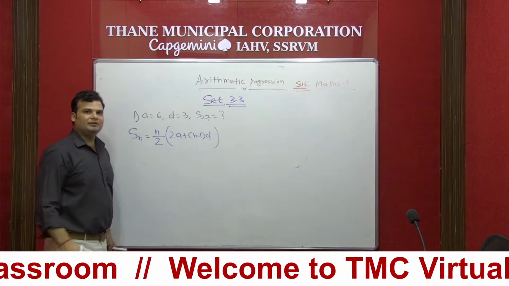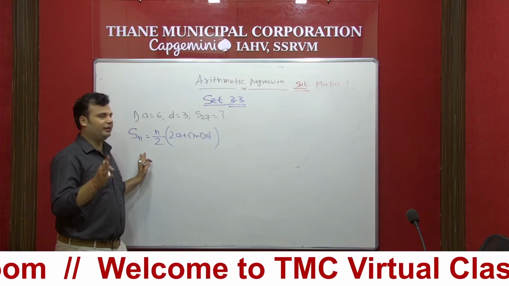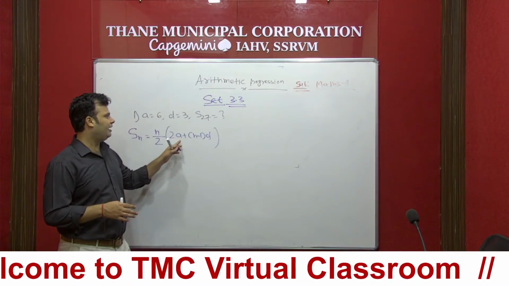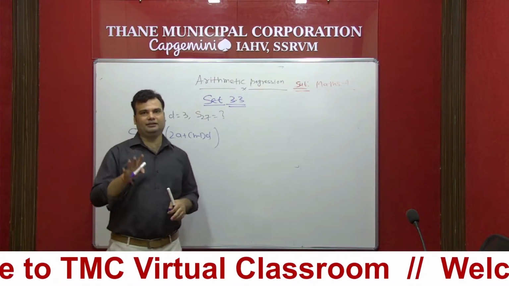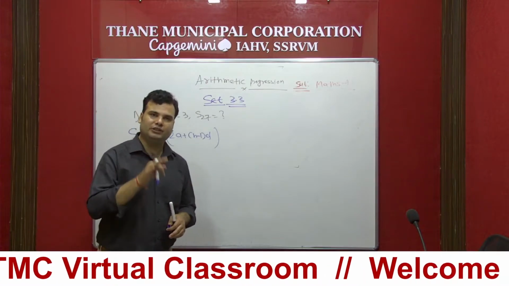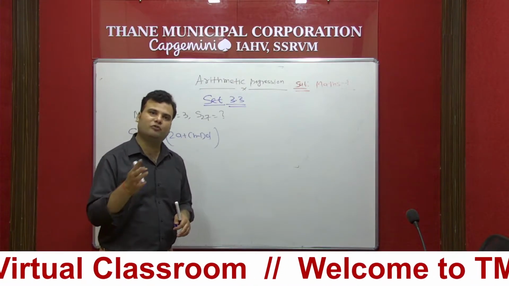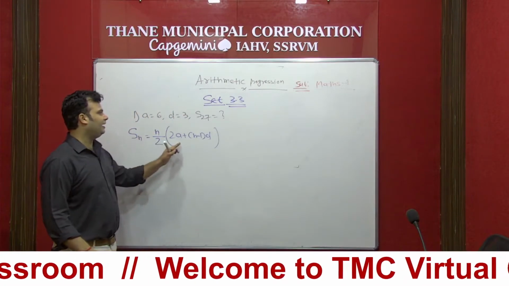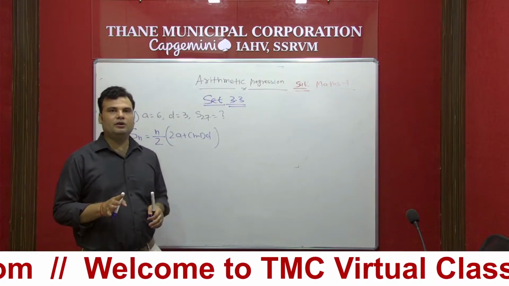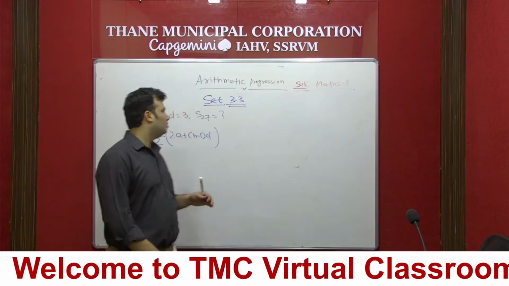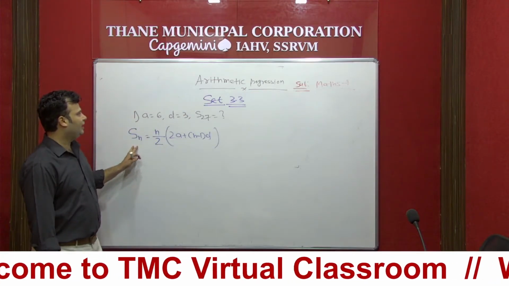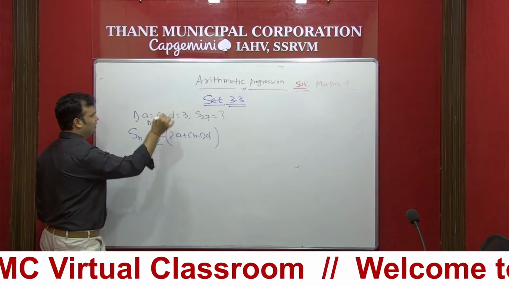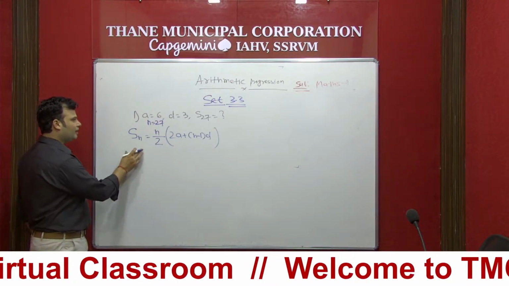So जब भी ये फॉर्मूला आपको दिया रहेगा, remember that there are 4 things. One is Sn, second is n, third is a and last one is d. There are 4 quantities. Always 3 quantities आपको दिया रहेगा, उसमें से 1 unknown रहेगा, आपको फाइंड करना रहेगा. So always remember that 4 quantities, that is Sn, n, a and d, उसमें से एक मिसिंग रहेगा, आपको फाइंड करना रहेगा. So now student, n is given here 27. So in place of n is given 27. So can we start? Same formula is given.